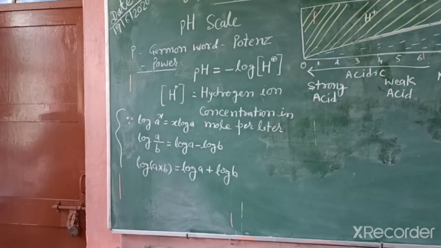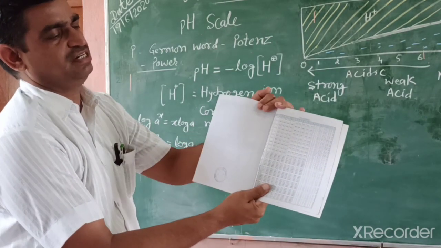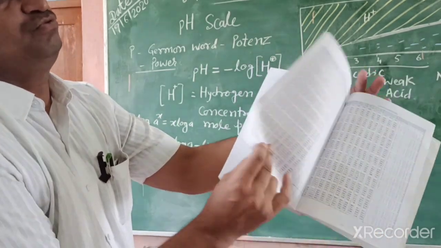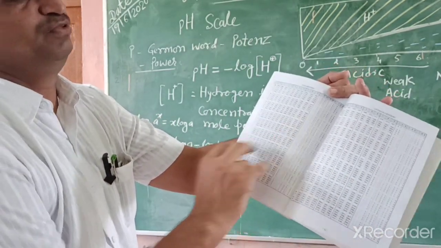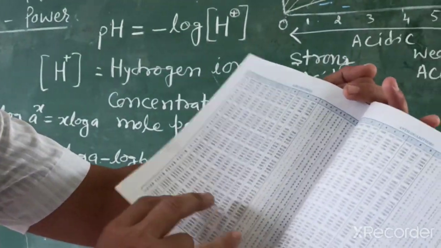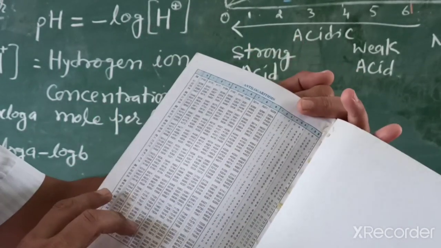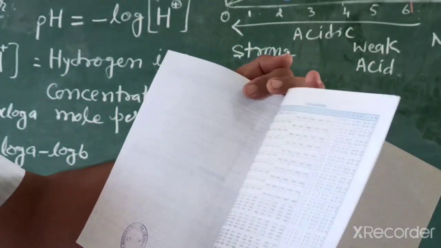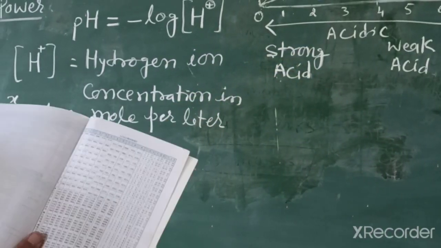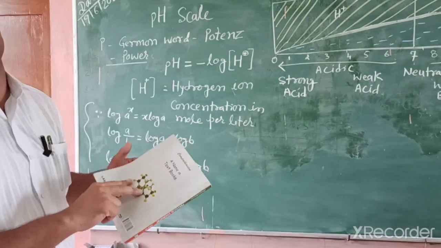So what is log? Logarithm is in a tabular form, and we have to take the value from this table only. And in this table logarithm and anti-logarithm are given. So you can easily identify it in higher classes. In 11th class you will study more about this pH. But sometimes in earlier 10th class also there is this negative logarithm of hydrogen ion concentration.